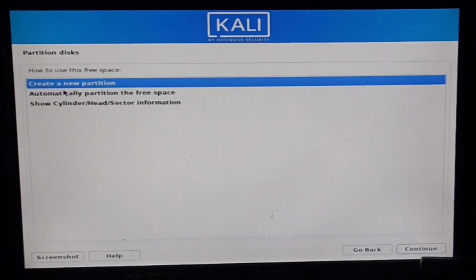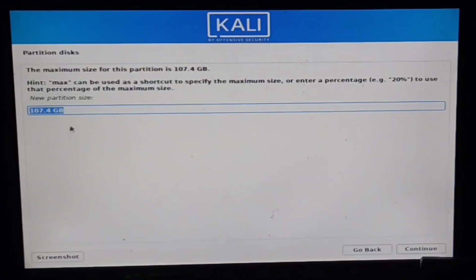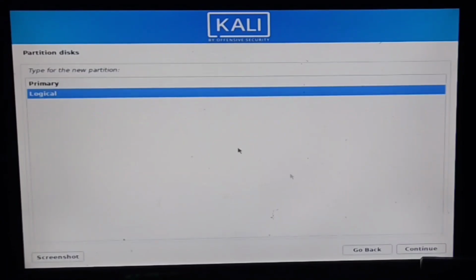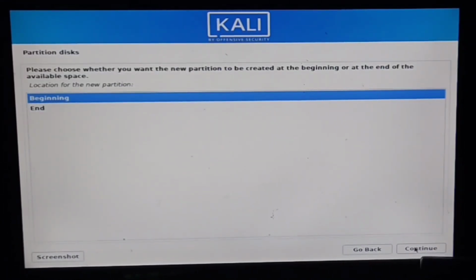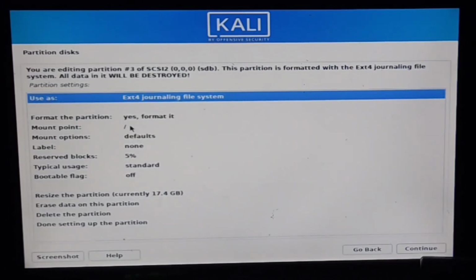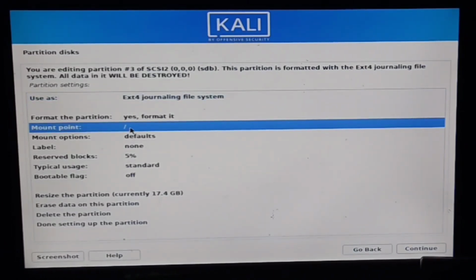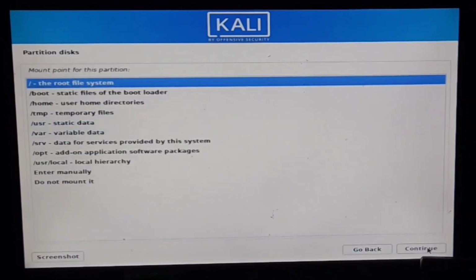Press continue and create a new partition. Continue. For the first partition I choose 17.4 GB and press continue. First take primary, beginning. First we give the ext4 journaling file system and the mount point slash. Press continue.